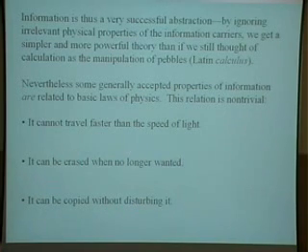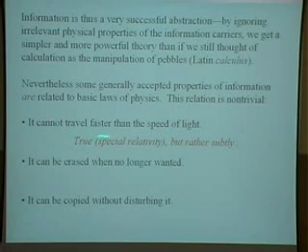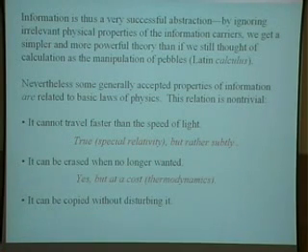Well, those things are not quite so simple. Certainly it is true that it cannot travel faster than the speed of light. And even the phenomenon of entanglement, which I'll speak about in greater detail, only appears to violate it, but does not violate this. The idea that you can erase information when you no longer want it is true, and yet